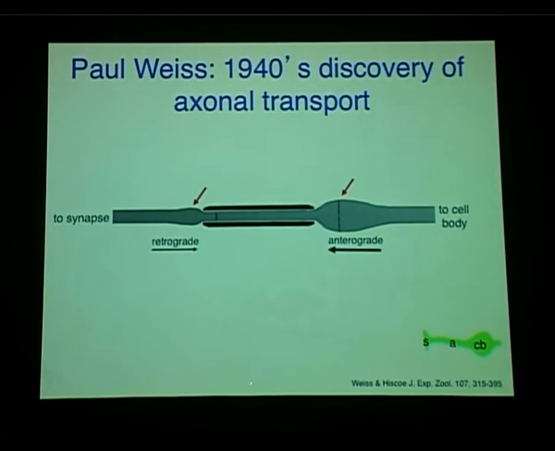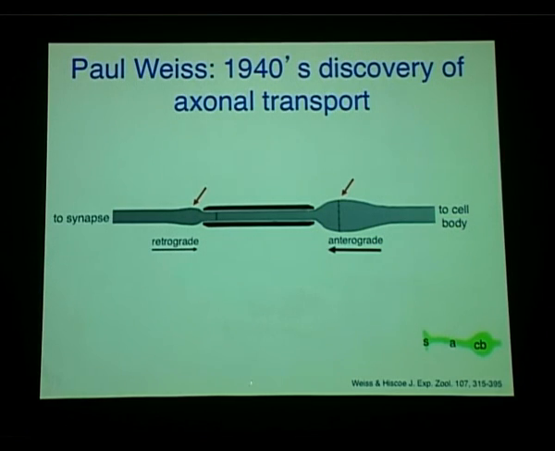So there is an implication of this, and this implication is a set of experiments which we finally were able to do in my own lab. So axonal transport was discovered by Paul Weiss, in part motivated by World War II injuries of people who crashed in airplanes, where he wanted to look at axonal biology, right? He cut open various animals, cats, rabbits, and tied a suture around the neuron, sewed the animal up, waited several weeks, opened it up again, and this is a figure from his paper, and he could see flow